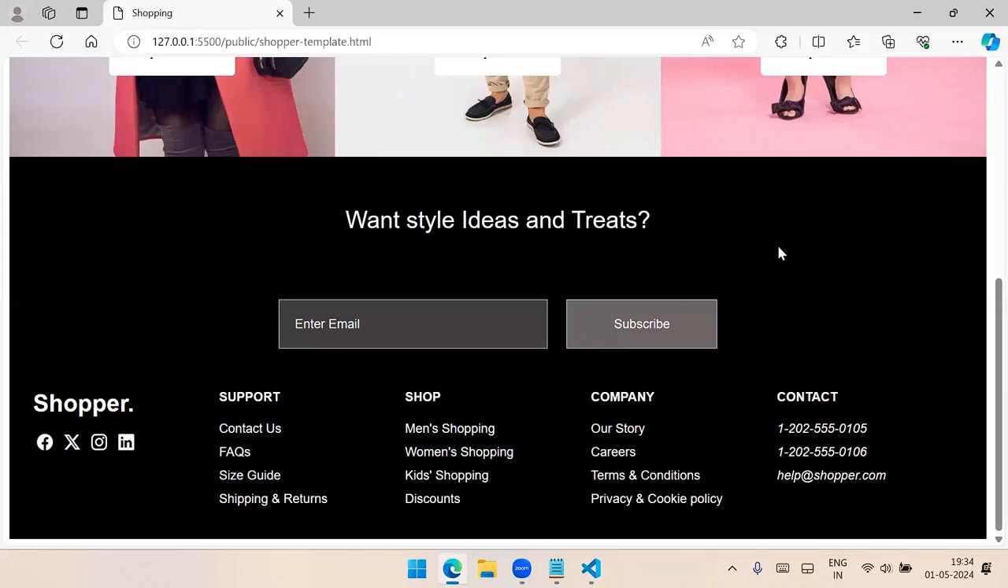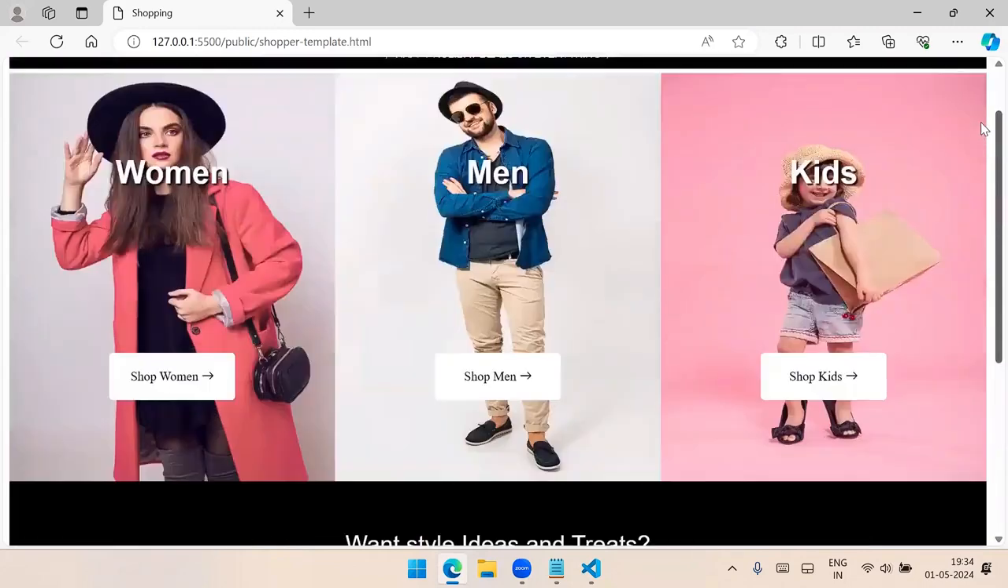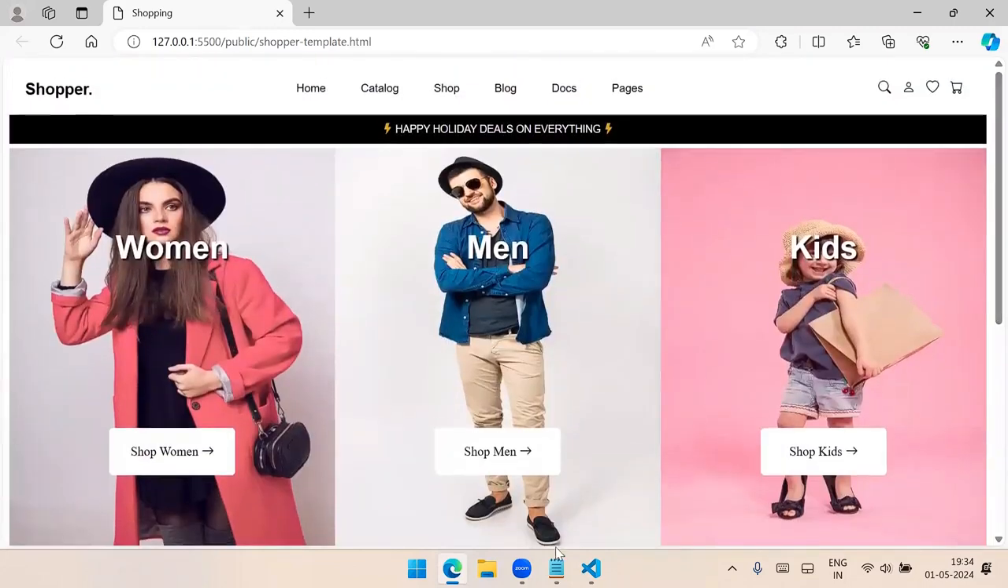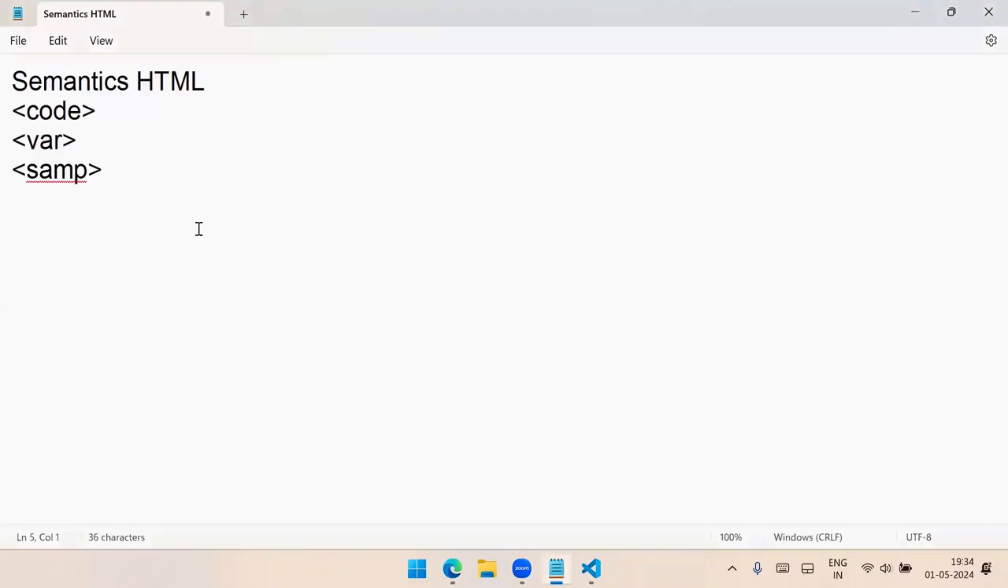Okay. Now, next important is, today we will see one example with the code, var, samp, how to use them. Actually, I told you that they are not regularly used. Some websites use them, and yesterday I showed you those websites. That means every website doesn't require these code and var like options. So how to do that is, see,